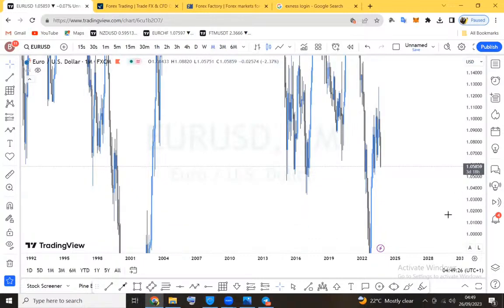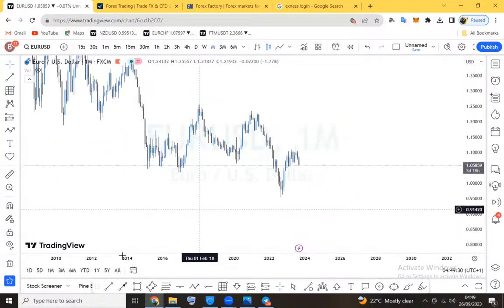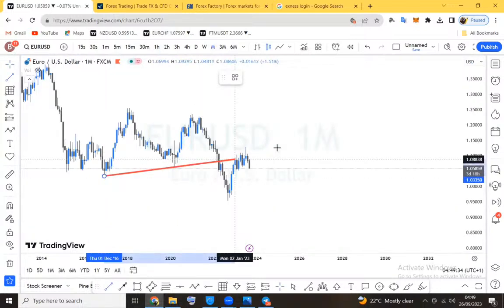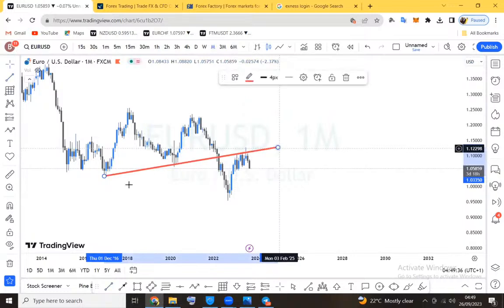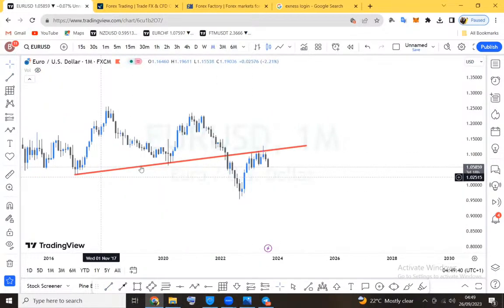So looking at the dollar index, this is the monthly chart, and I'll quickly spot the pattern to see exactly what happened. This is exactly what has happened for the dollar index. A trendline methodology was purely respected. Where this trendline was broken, there has been a trendline break retest. And after such patterns, we definitely expect a bearish market if we have a trendline break retest.